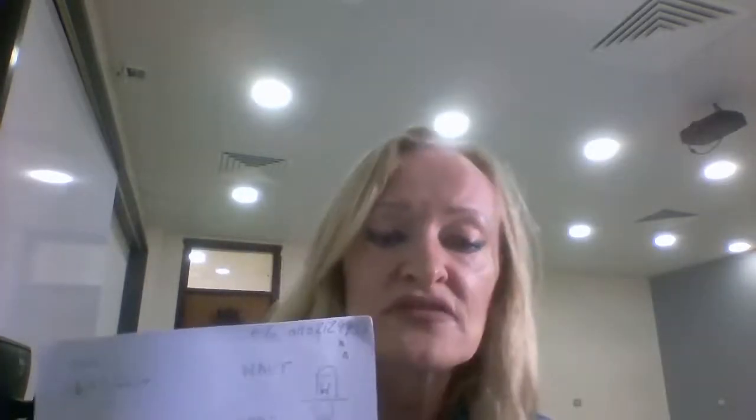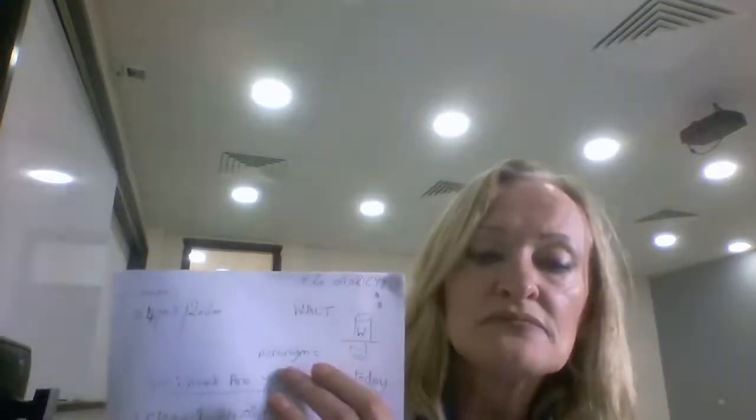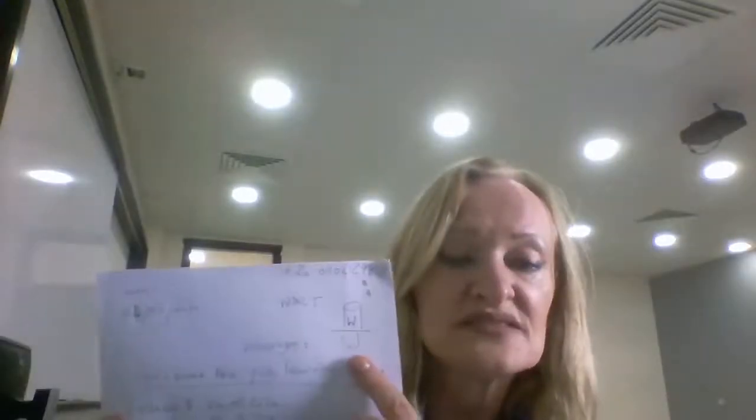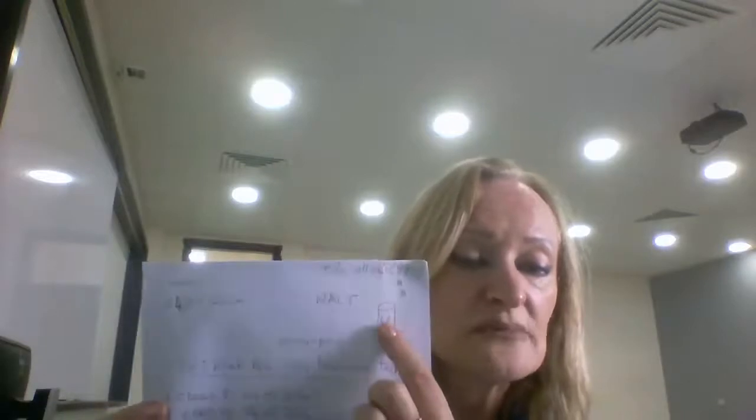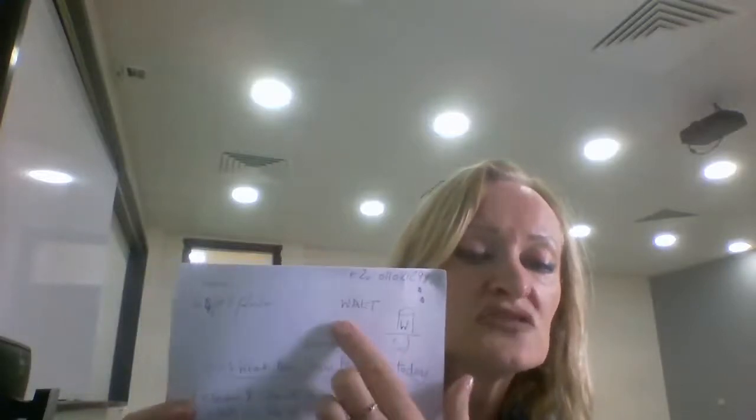In your copybook, I'd like you to put the date. Today's date here, for example, is 24/03/2020. I'm going to ask you to put something else in your copybook that is new and you've never done before. It's called an acronym, and it's a man's name. It's an English man's name. That's why I've drawn this funny little man with his hat on with a W, because his name is Walt,